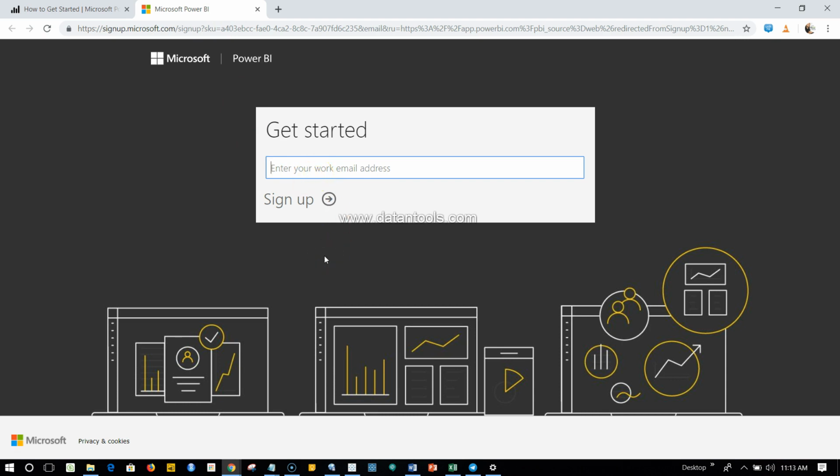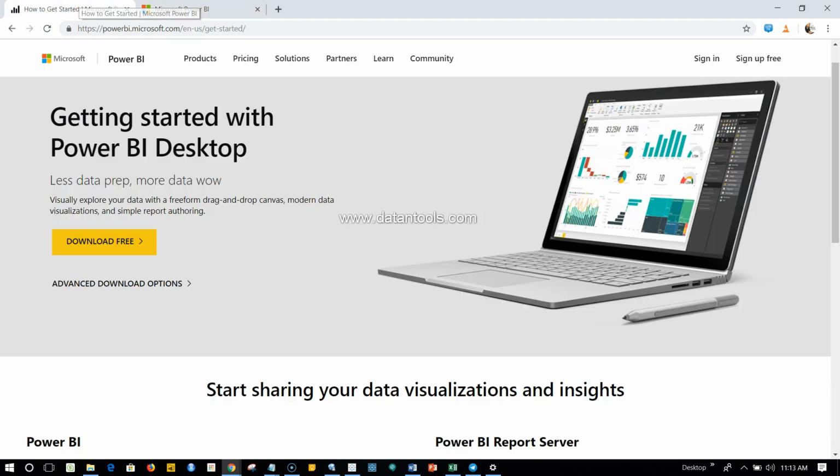The only problem I've seen is it asks you to provide your work email address to basically start up with the cloud version. So whenever you use the cloud version, just make sure you are not using your organizational data, because it's not secure. The free version is not secure. Once your organization is getting Power BI for the cloud, managed within the organization itself, then you should have no worry about uploading anything which uses your organization's data. So, a word of caution if you are using the cloud from Microsoft.